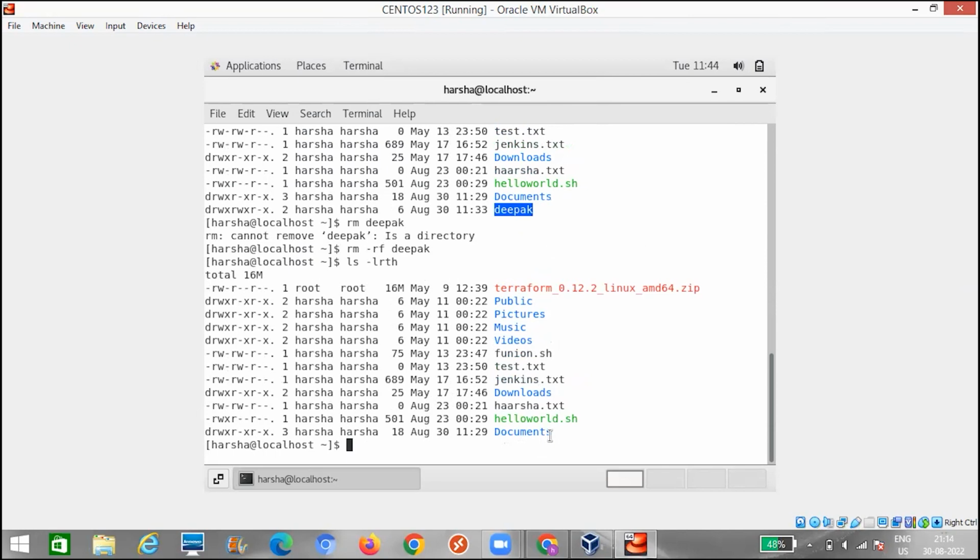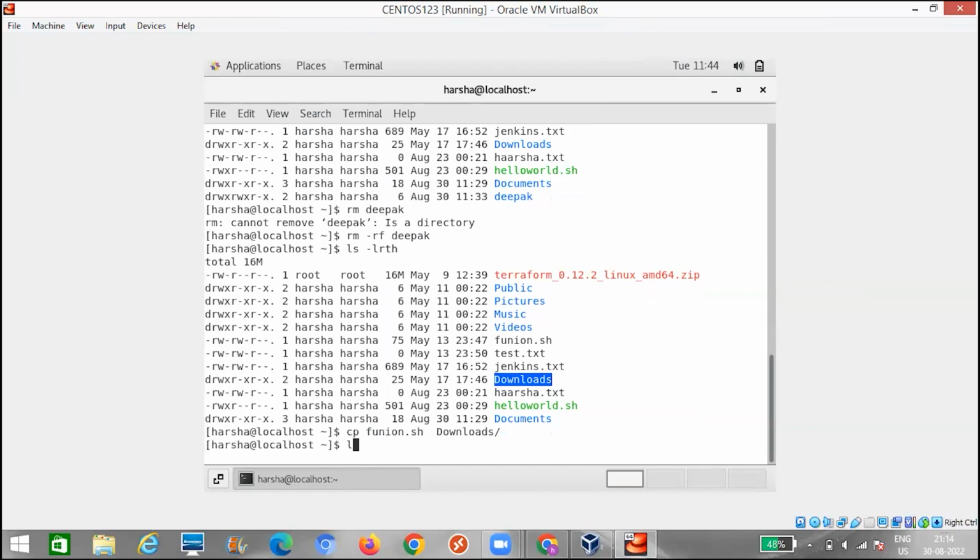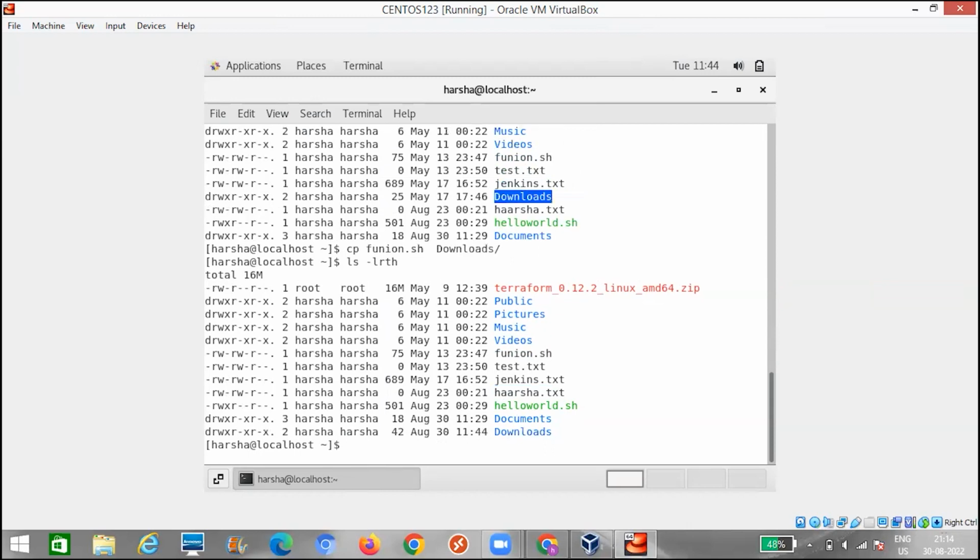Yeah. So the next command which we need to understand is copy. Suppose function.sh is there and I want to copy it inside the downloads folder. How to do it? The command I need to use is cp function.sh and the folder name. Now, if you see, function.sh is not there in the current directory.